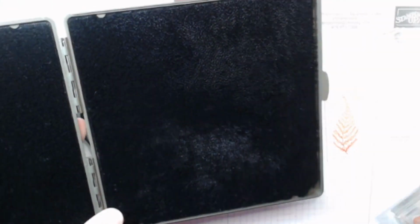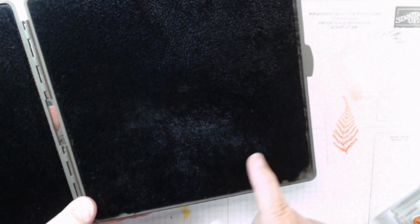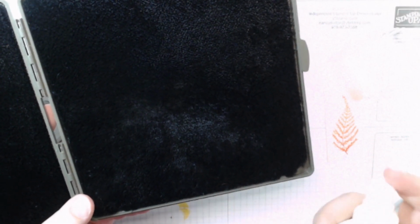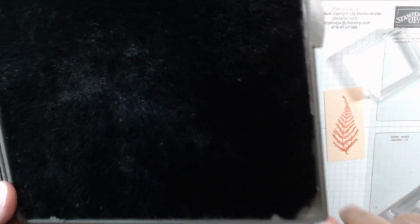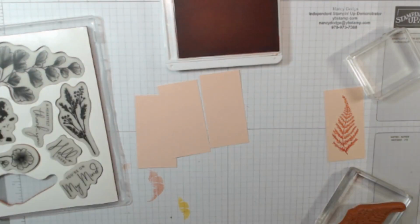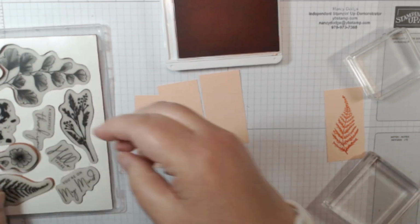I'm going to pull out my Stampin' Scrub. I love this little tool. It's like a painter's roll, and I have this Stampin' Mist I just spray. So this side, I don't know if you can see it, but there's little raindrops in there. And on this side is the sun, so you know that this side is wet and this side is dry. So I'm just going to quick wash it, all clean, dry it, all dry. Put that back in, stamp the next one,